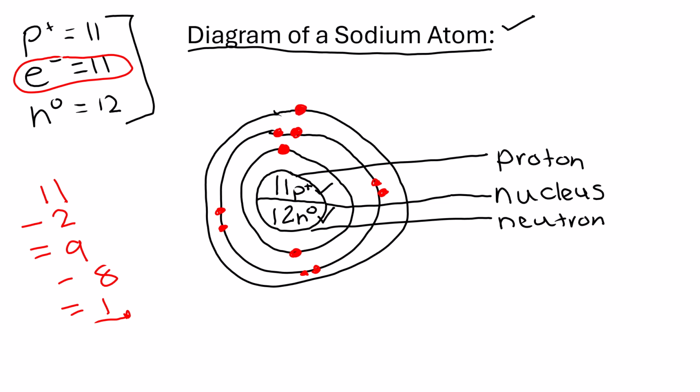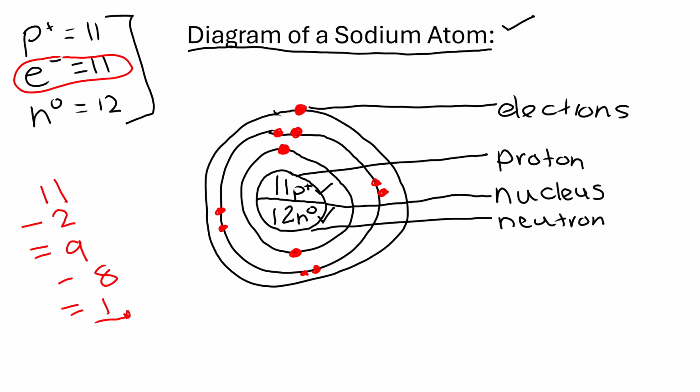Okay, so energy level 1 had the 2 electrons. Energy level 2 can have 8. It does have 8. And energy level 3, I only had 1 left, so I only drew the 1. I don't put 8 just because it can have 8. I only had 1 left, so I'm going to draw the 1. And then I'm going to label this electrons. Okay? So you need to make sure you are drawing the heading.